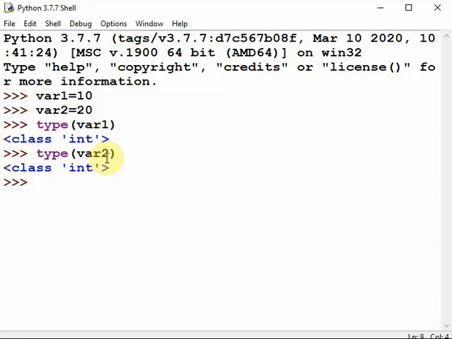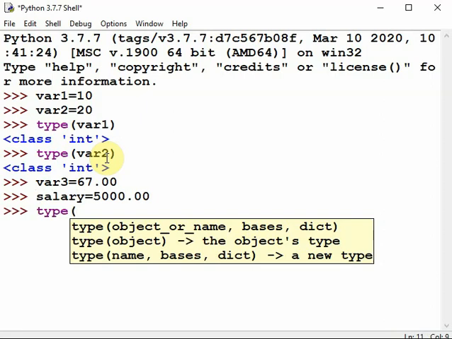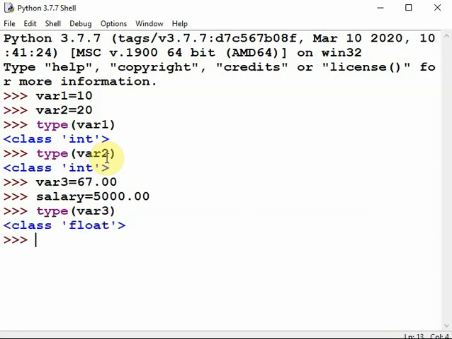Now create variables of type float. Variable 3 equal to 67.00, enter. Salary equal to 5000.00. Now see the data type with the type built-in function, type variable 3. Can you see this, float? Yes.